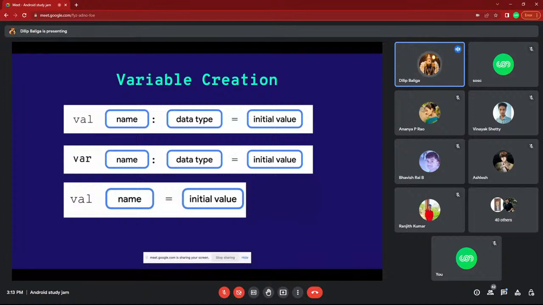If val count equal to 10, then 10 is an integer, and the compiler automatically knows that it is an integer. In Java and other languages we explicitly specify the type of the variable, but in Kotlin there is no need to specify the type.